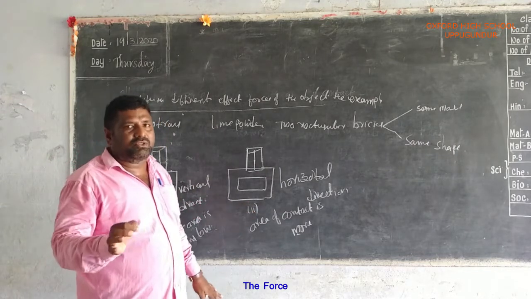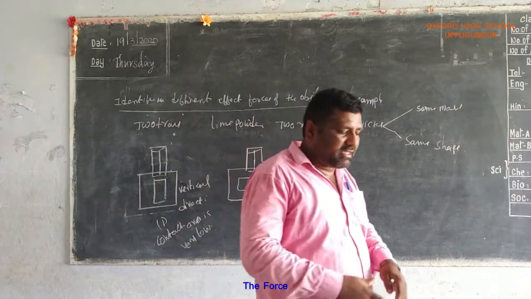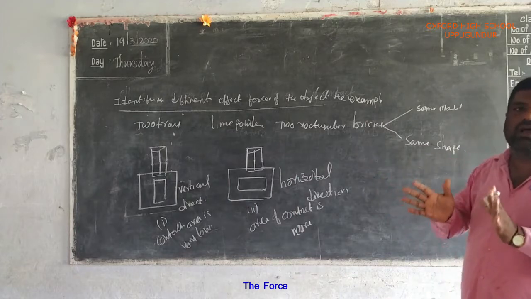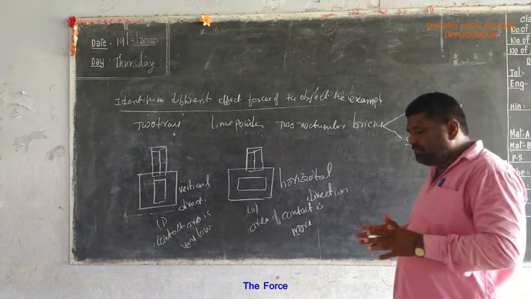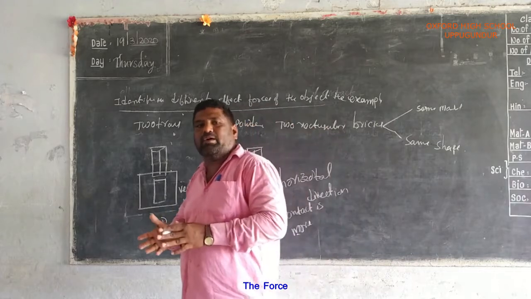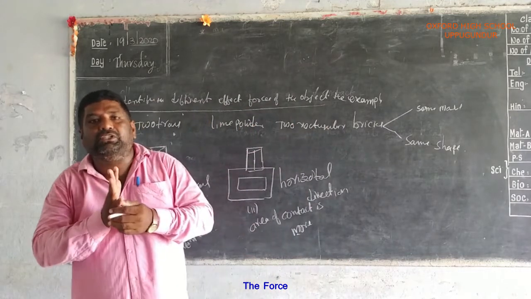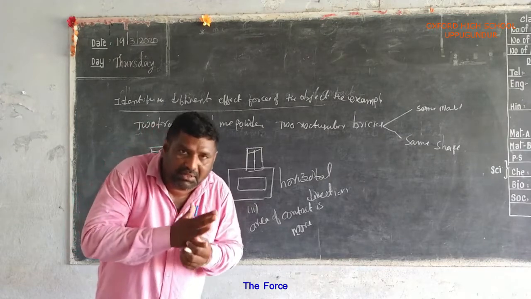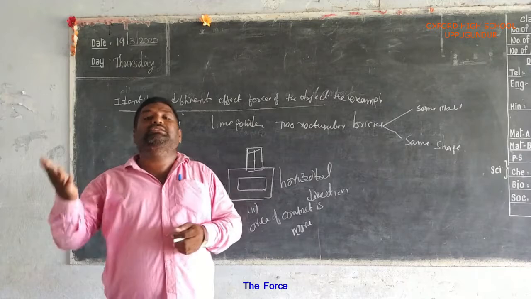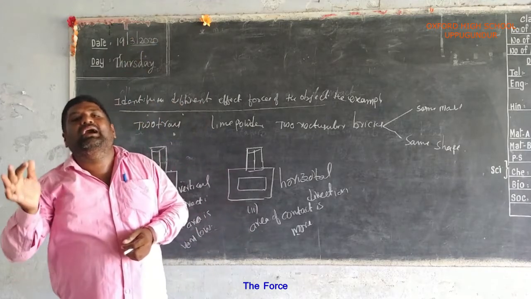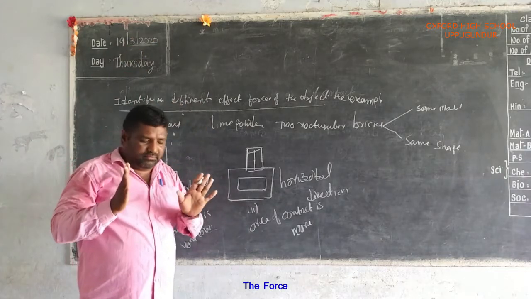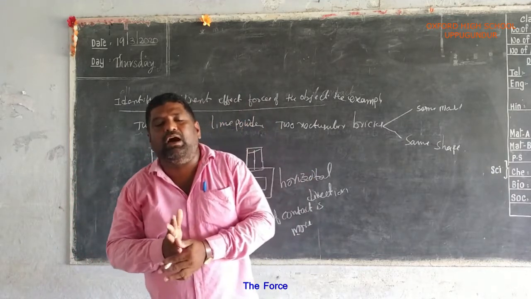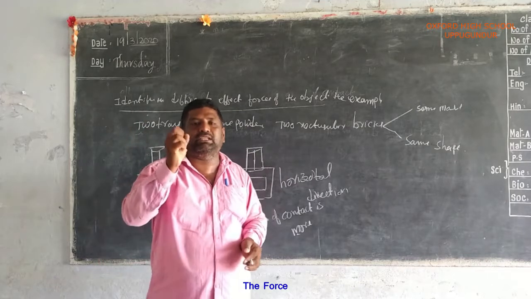So understand all, today our topic is the effects of force. Okay now, I will take the different types of forces. First of all, I apply some forces on the objectives. First, they change the shape. The shape is changed permanently or temporarily. And also I will give some examples of the area of contact. The effect of force depends on the area of contact. So I will give three examples.